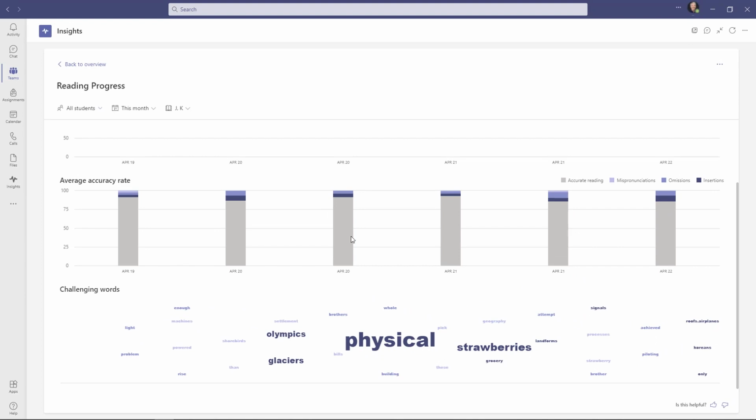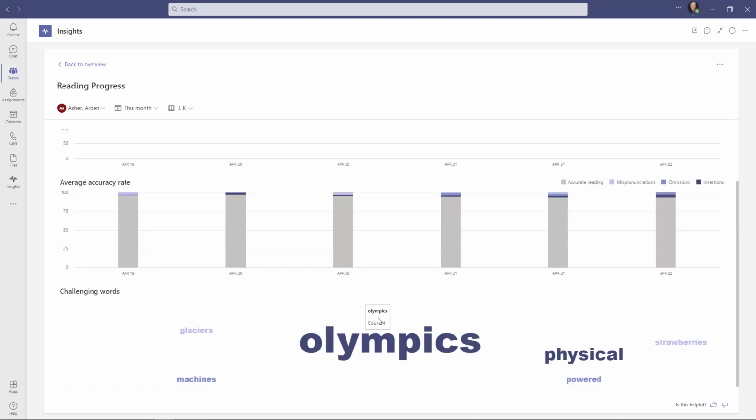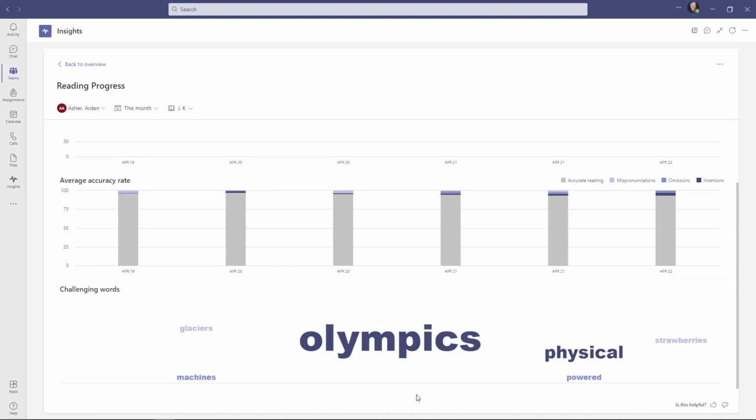I can also filter on a specific student. So I'll go here and filter on Arden. Now the word cloud redraws for Arden, and you can see he was having problems with the word Olympics. So this is really handy to see who's having problems across a class or looking at specific students like we are here with Arden. So that is your full